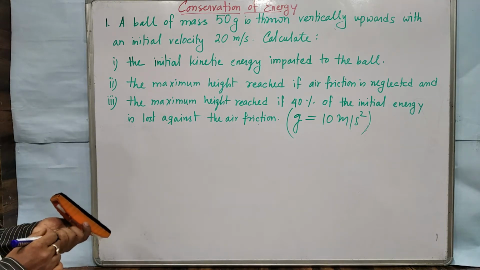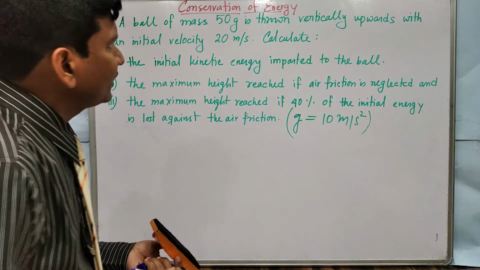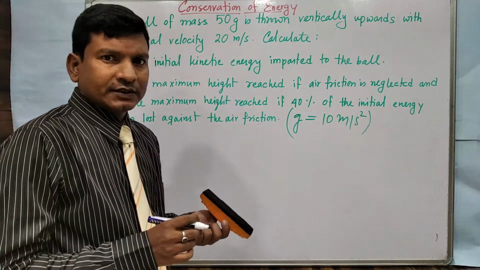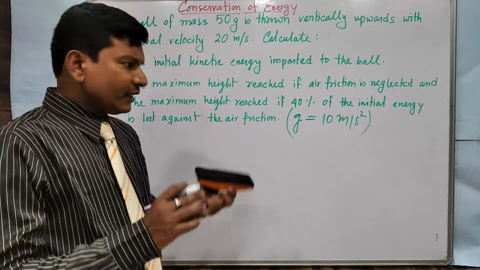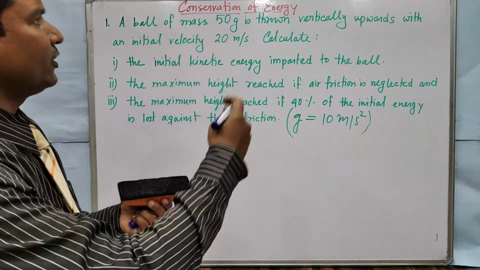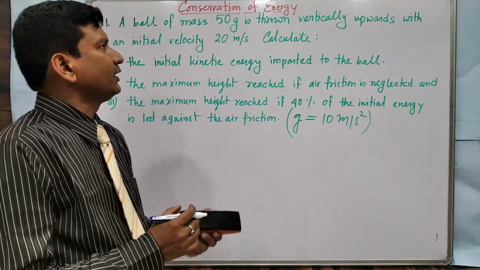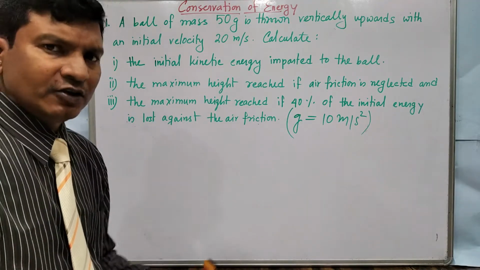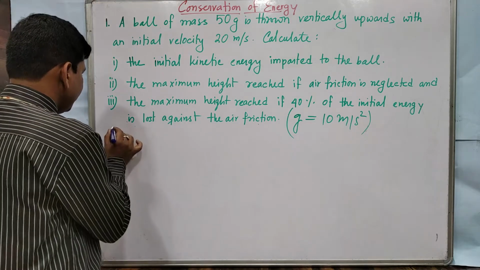Now, whenever you solve a numerical, you have to read the question thoroughly. See what the question is asking. Then note down the given physical quantities, and then find a relationship between the unknown and the known physical quantities, and using that relation, find the value of the unknown physical quantity. It is very easy for you. Just see how I will be doing it over here.